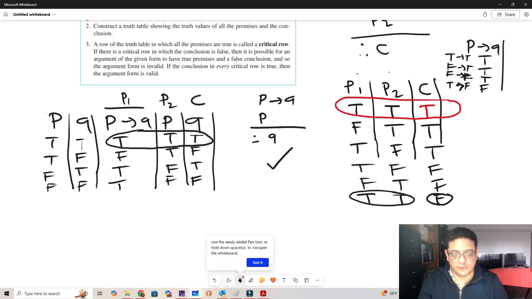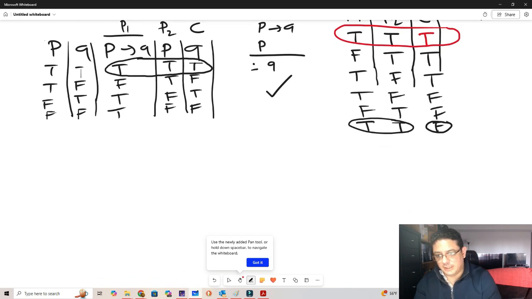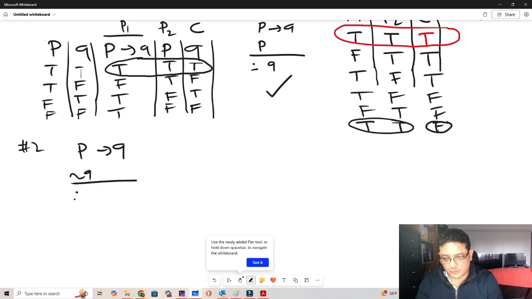Now let's do a second example. I left the modus tollens before to you, but let me just go ahead and actually do that. So let's say number 2, I have modus tollens, which is, let's assume that I have P implies Q and I get not Q, so the conclusion is going to be not P. So now I have P, true, true, false, false, and then Q, true, false,